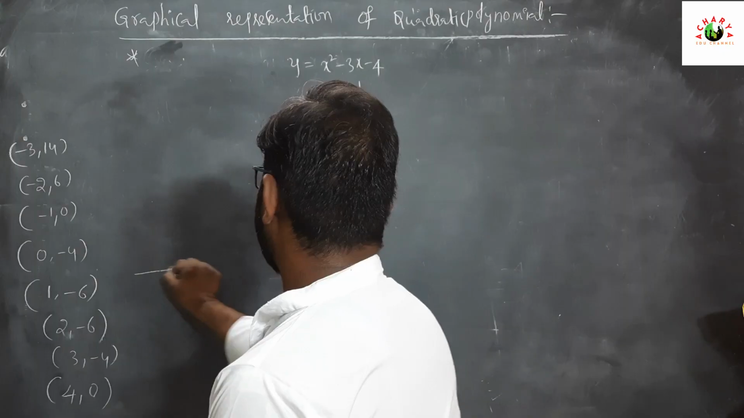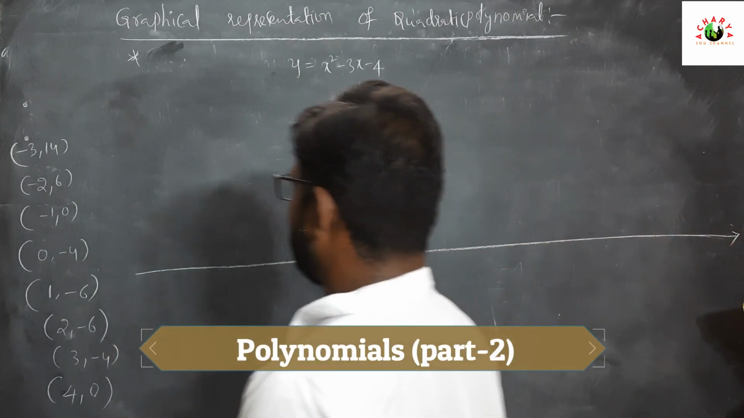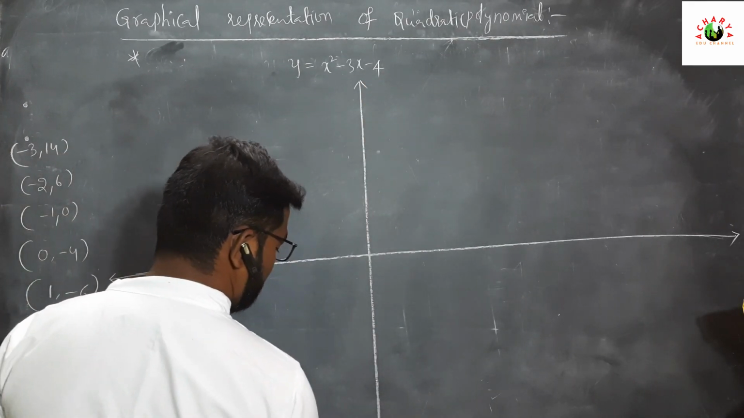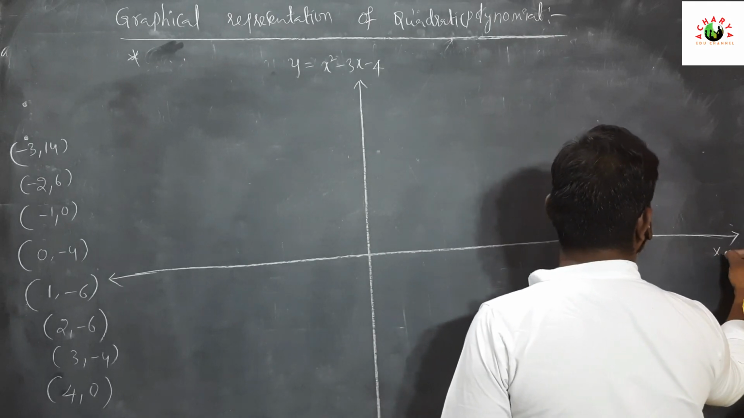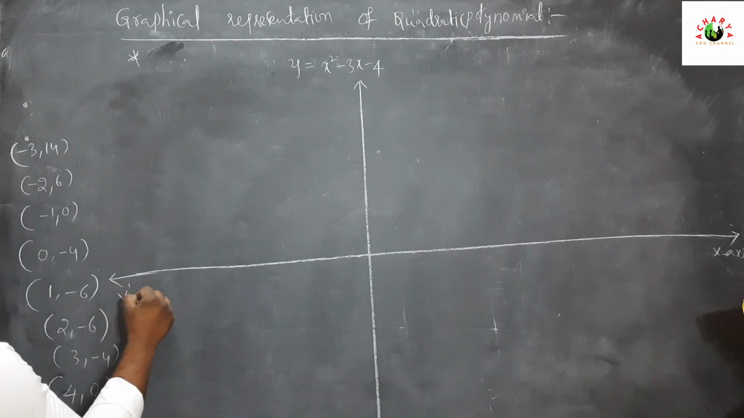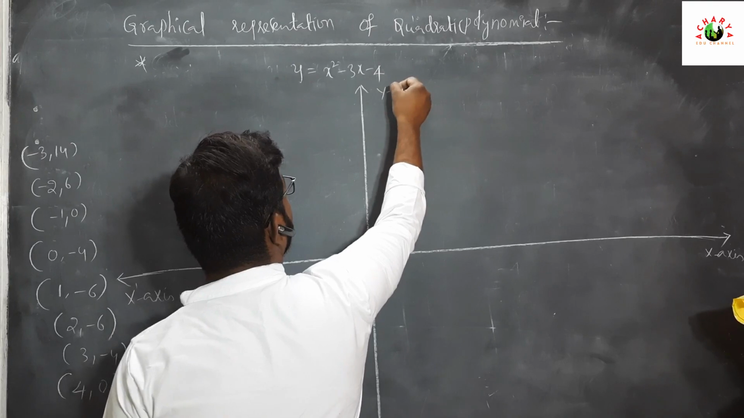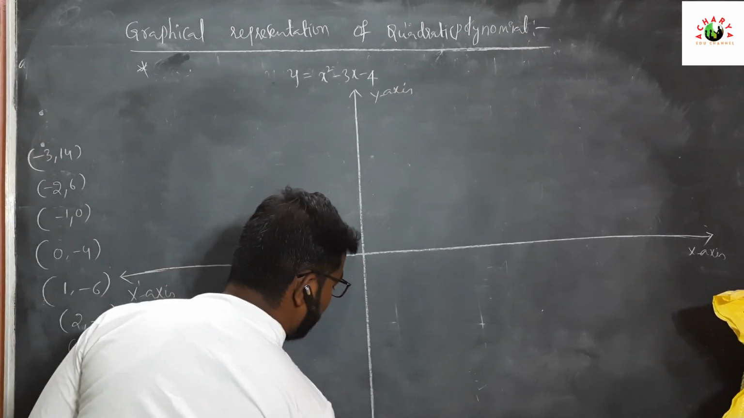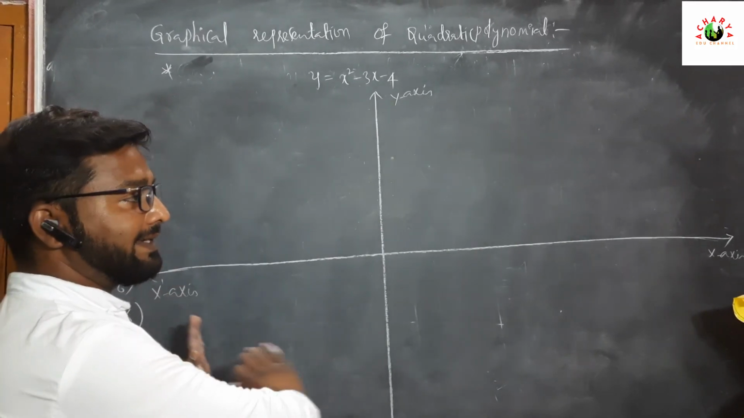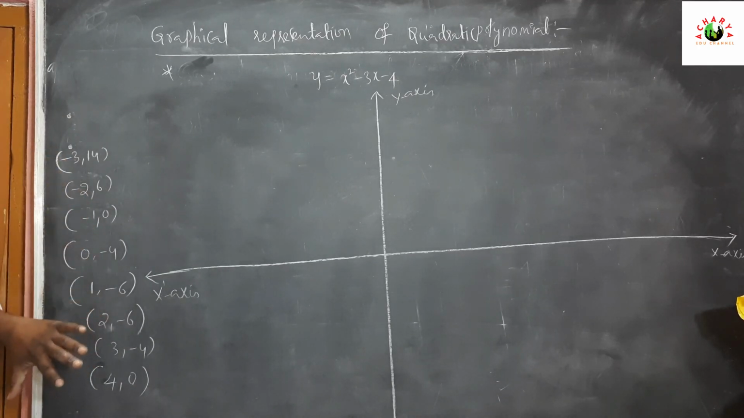Once we see here, draw the x-axis and y-axis same as it is. Here x-axis, the right side of the horizontal line. The left side of the horizontal line is x dash axis. Next it is y-axis. This is y dash axis. After completing x-axis and y-axis, once we check the points,